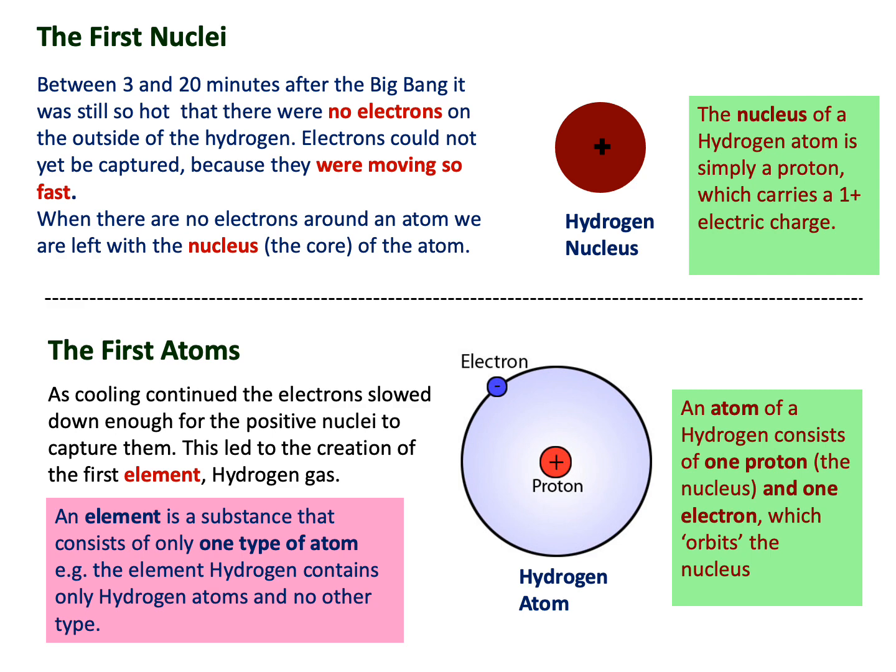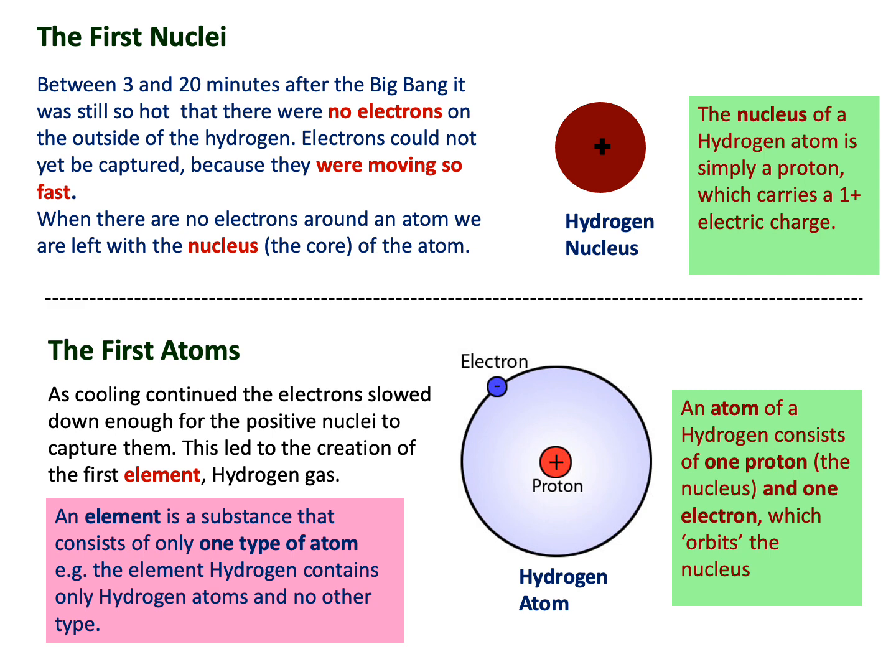The first nuclei, formed between 3 and 20 minutes, had no electrons on the outside. If you look at the diagram, you can see that the first particles that formed after the quarks were protons and neutrons. And if you look at the proton there, that's actually a hydrogen nucleus. A single proton on its own, with no electron going around the outside yet, is basically a hydrogen nucleus. So those were the very first nuclei formed, hydrogen nuclei. And because they were basically just protons, they had a 1+ charge, because that's what protons have.